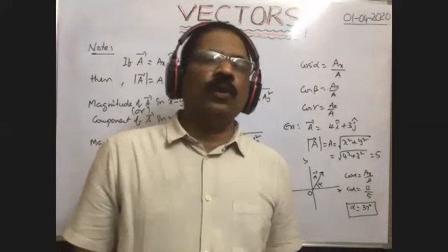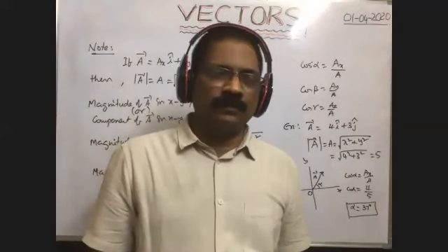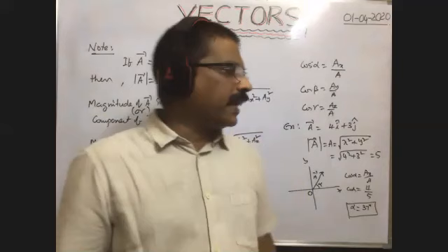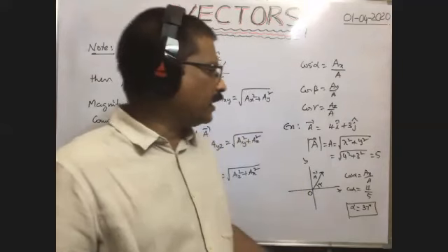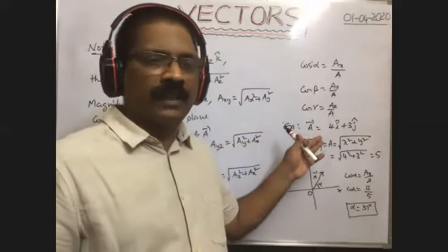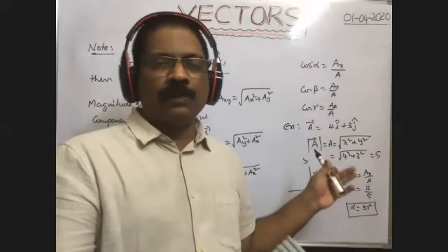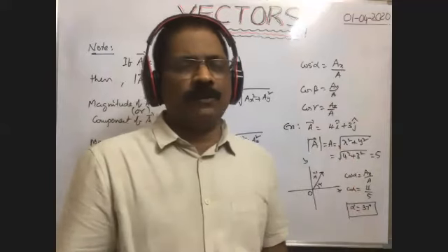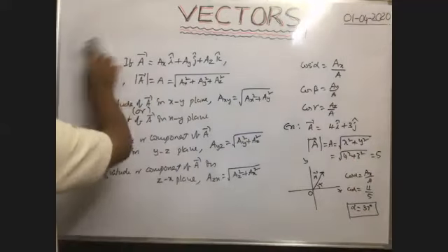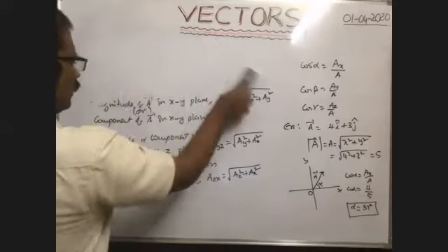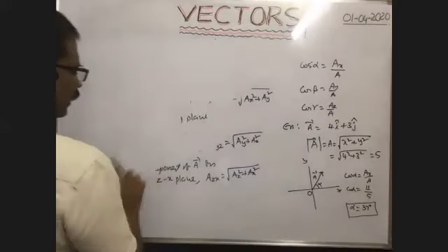Suppose if you want to add one vector to the other, directly we add a bar plus b bar, or p bar plus q bar, like that. Here, with the help of the parallelogram law of vector addition also we can add. Of course, the result is the same. Parallelogram law of vector addition is a very, very important topic in this chapter.